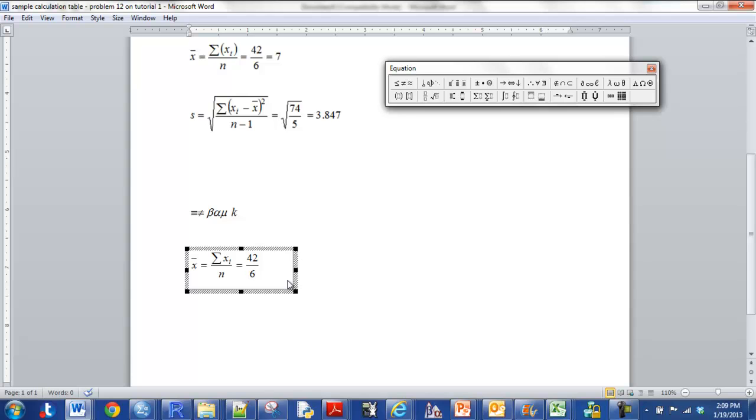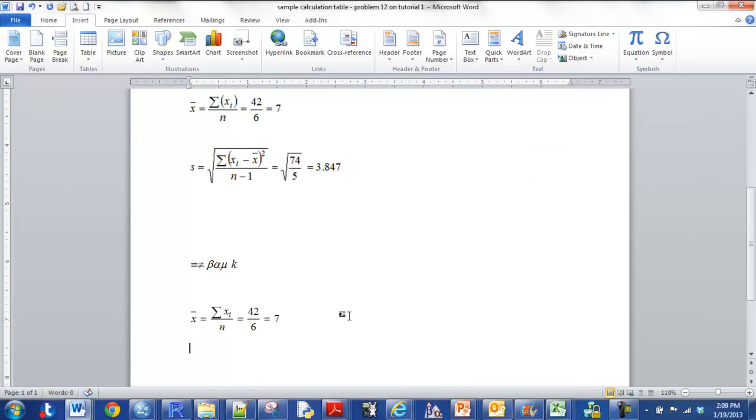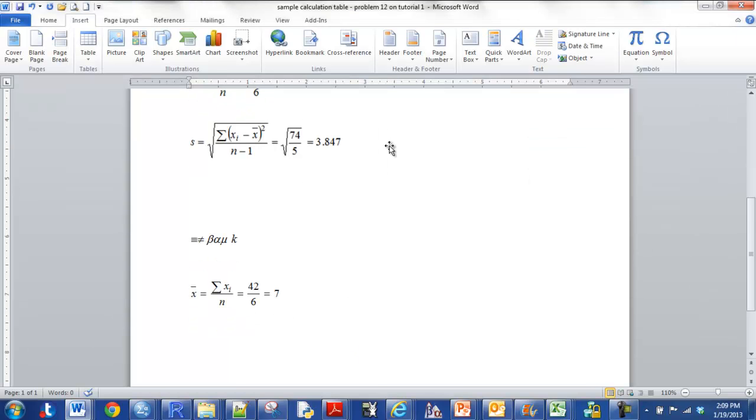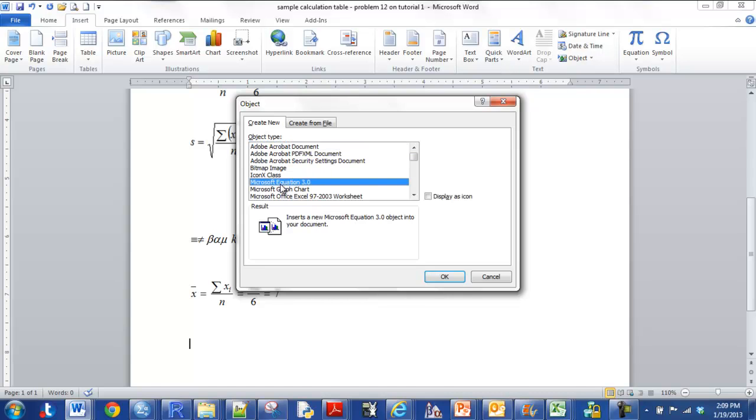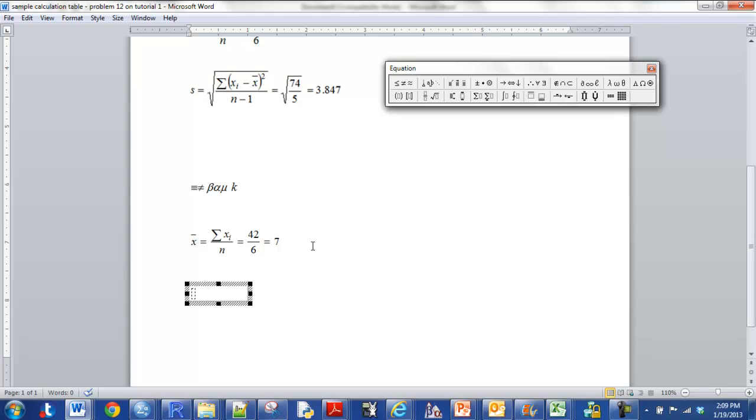I don't want to keep typing here. I want to arrow. Space, equal 7. There it is for the sample mean. For the sample standard deviation, let me give myself a little more space there. I'm going to insert, and so I'm going to have S